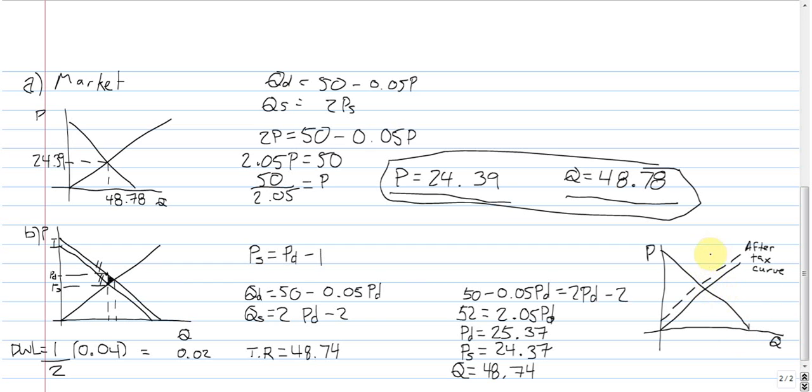And then, you know, you've got the same sort of imposition of this tax here. And you do it basically the same way, and you'll get the same answer if you want to try it. So that's an easy way to check whether you get the right answer when you do that. Okay, so for part C, I'll erase this line here, which is the